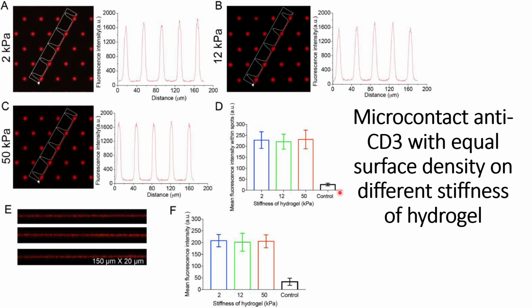results with a control in which they printed the anti-CD3 using a flat stamp, whereas in the microcontact anti-CD3 printing they used a circular pattern, and then they checked the fluorescence intensity at different positions. One of their examples is shown in this panel ABC, where we can see that whenever they identified a dot, there is an increase